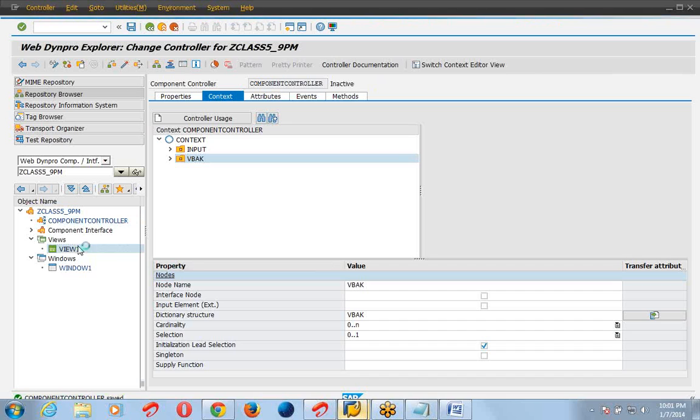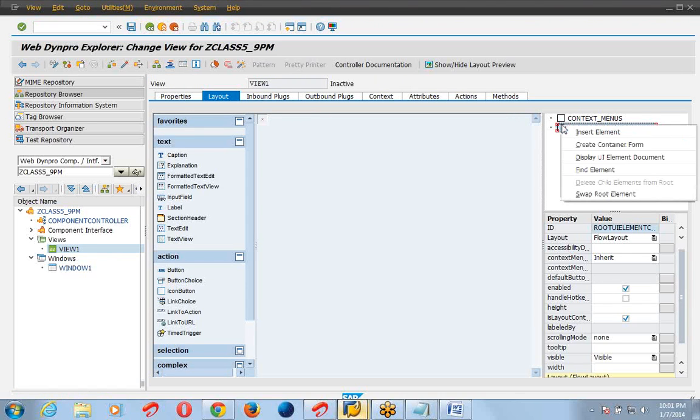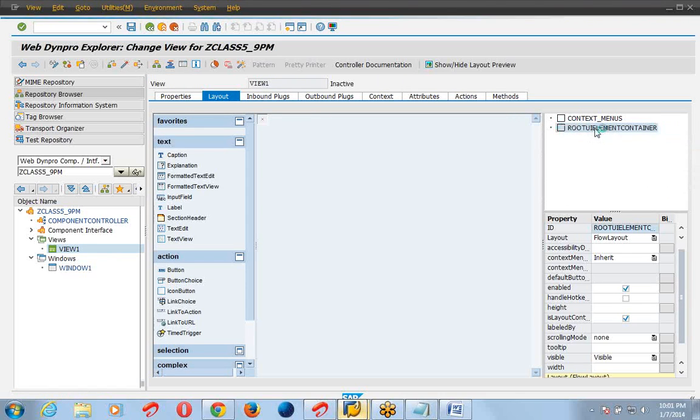Go to layout part. Create a form. Before creating form, first we create a group.